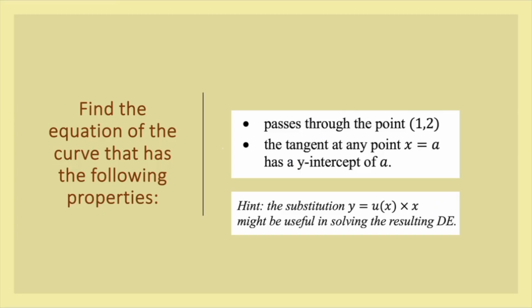The problem in this video is very similar to the one in the last, in that we've got a curve that has a couple of properties. One, it passes through the point (1, 2). Again, it just enables us to find some integration constants. But we also have this property that the tangent at any point x has a y-intercept that is the same value. So that's a little bit harder than the last video, and the differential equation you get is going to